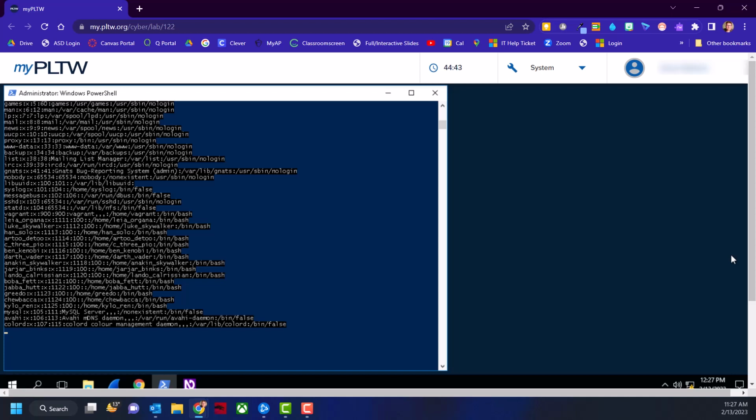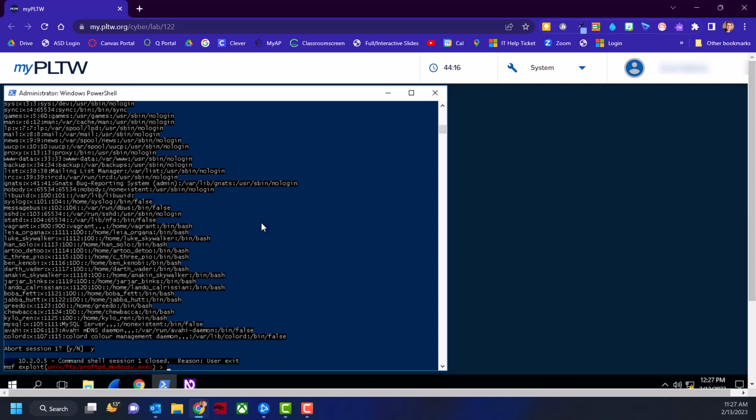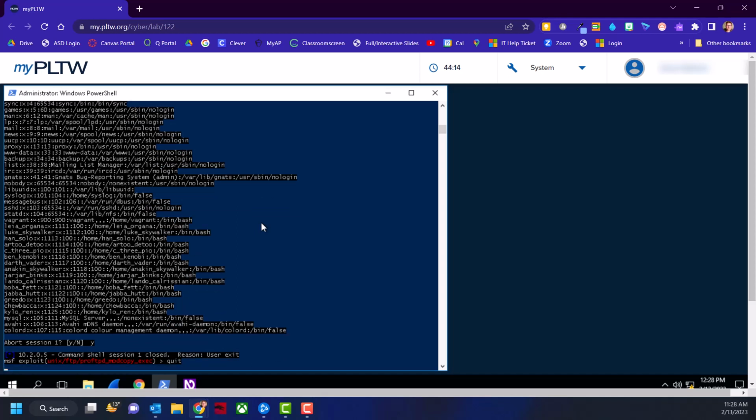But because I'm on the video here, we're going to walk through how to quit Metasploit. It involves hitting Control-C possibly a couple times. Then it's going to ask you to abort the session. We're going to type yes. We might type quit at some point to get out of MSF, and then exit out of the system here. So let's see, that was a Control-C, and I hit it twice. So here we're going to hit yes for abort. And you can see we're back into our MSF console. We're going to quit the MSF console, which should get us back to our